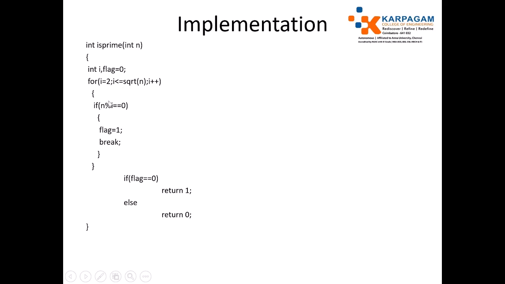For i equal to 2 and 3, check for the condition. This if condition never works, so it goes to the if condition only. So for 9 also we get value 1. So in this way we can use the square root algorithm to check whether the given number is prime or not. Okay.